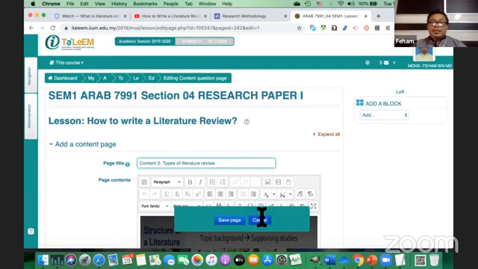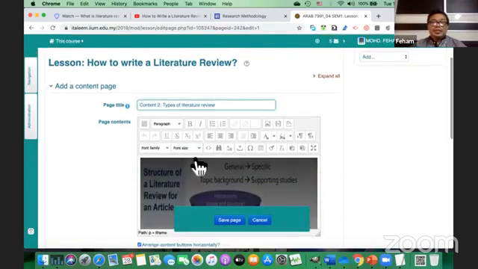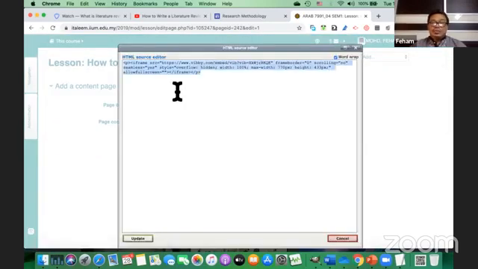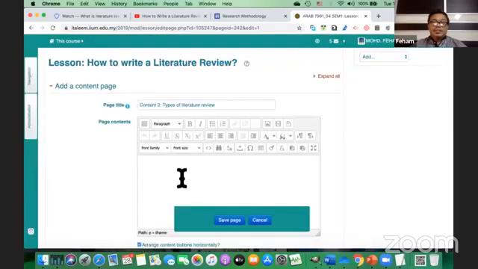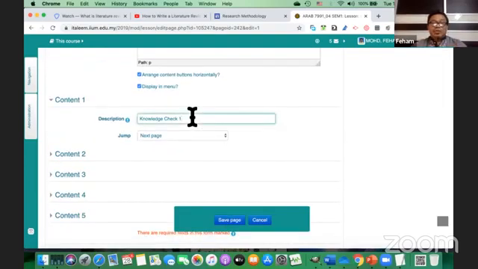The content here I will change to text, or let us say notes for content 2, and the knowledge check would be knowledge check 2 rather than 1, and then save the page.